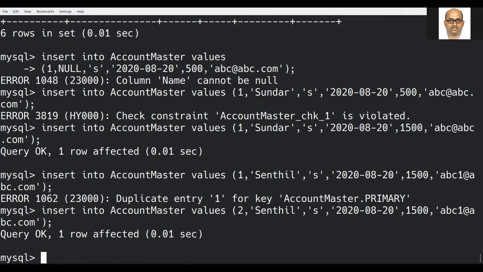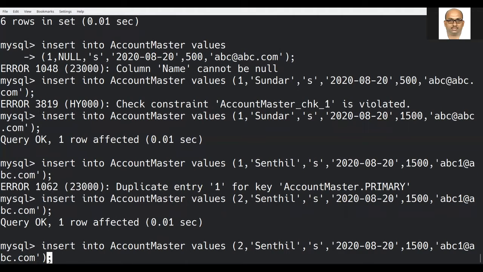We have not checked unique, right? Now let us try to check that one also. Three. Whether the name can be the same? Yes, the name can be the same. Whether the date of opening can be the same? Here we are trying to have this one ABC.